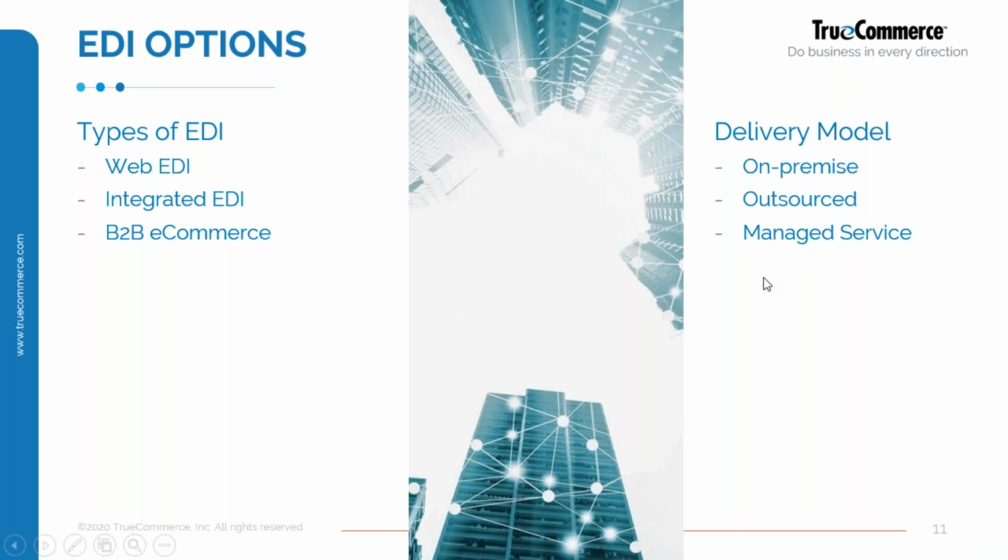So how are they deployed, the delivery mechanisms around this? Typically what we'll find is that there's on-premise, outsource, and managed service. Certainly the last two will have more in common with one another, but there is a distinction. On-premise is whereby you would have a piece of EDI software that would sit on a PC or on a server and will allow you to create EDI documents. The onus is on you to understand EDI, and if something goes wrong, you need to be able to fix the message and get it across to your partner.